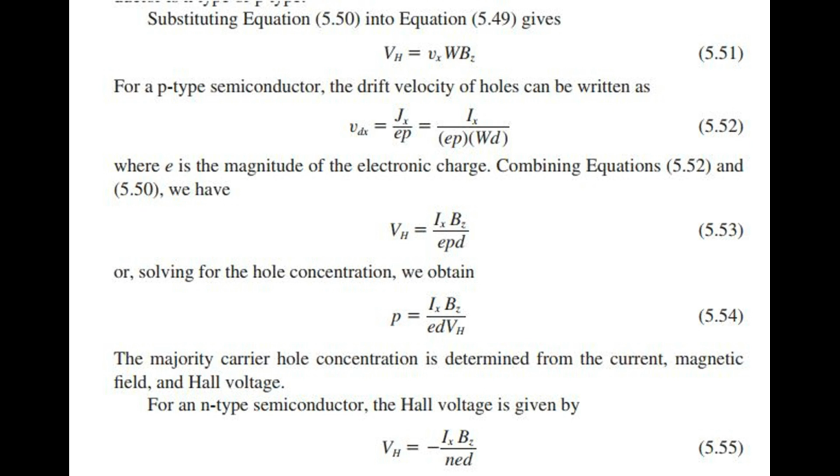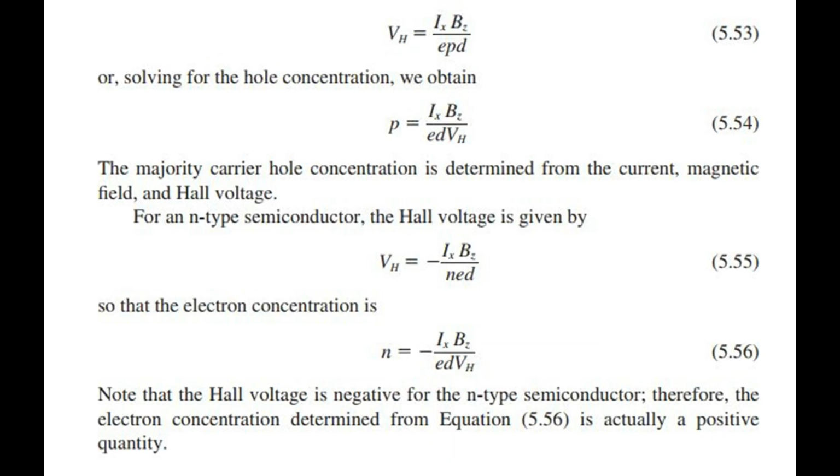The majority carrier hole concentration is determined from the current, magnetic field, and Hall voltage. For an n-type semiconductor, the Hall voltage is given by, so that the electron concentration is. Note that the Hall voltage is negative for the n-type semiconductor, therefore, the electron concentration determined from equation 5.56 is